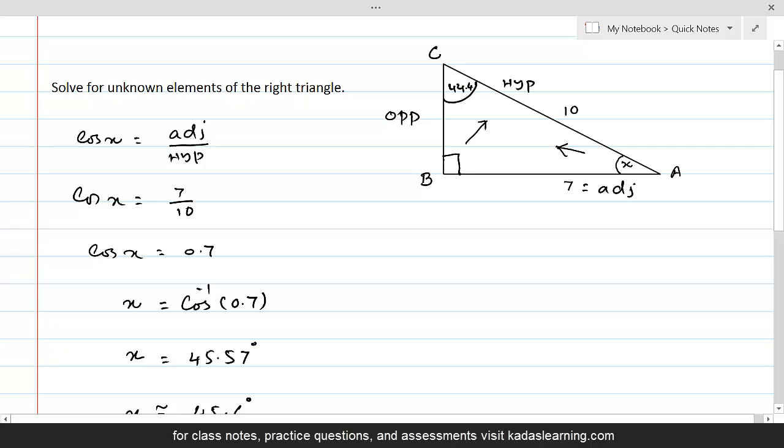Once this angle is known, 44.4, we have two options. Either we can apply cosine ratio at angle C and find out the opposite, or we can use Pythagoras theorem to find out the third side of the triangle. For this lesson, we will be using Pythagoras theorem, and in next lesson we will use cosine law to find out the second side. So if we use Pythagoras theorem,